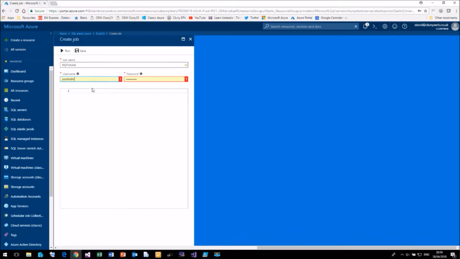I'm going to use a login name that has permissions to all the databases in my Elastic pool. And I'm just going to run a very simple query. So let's just say select star from sys.tables. Now if you look on the internet, nearly all the examples that you come across for Elastic pools involve